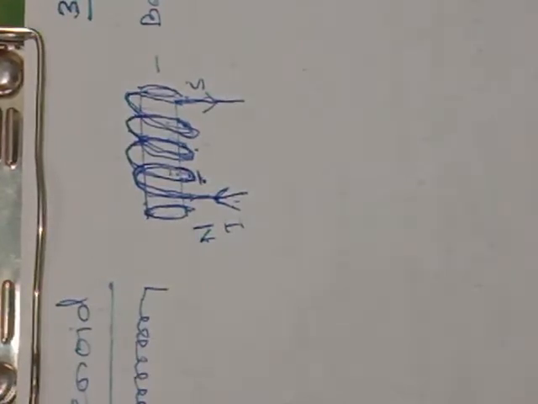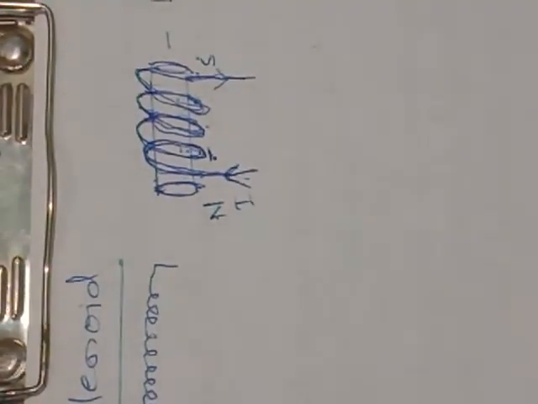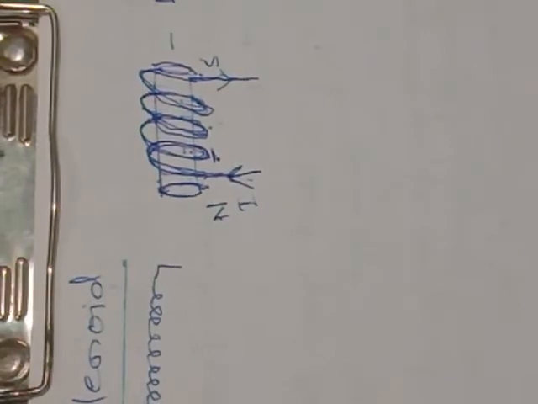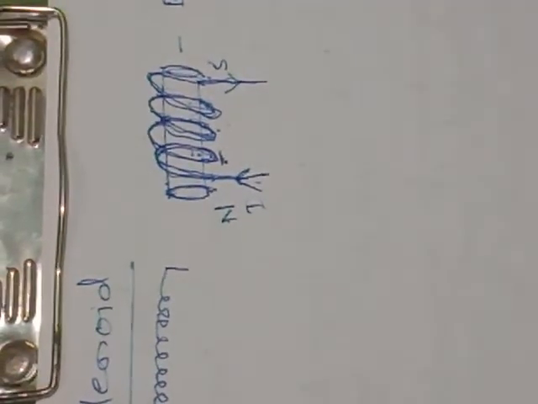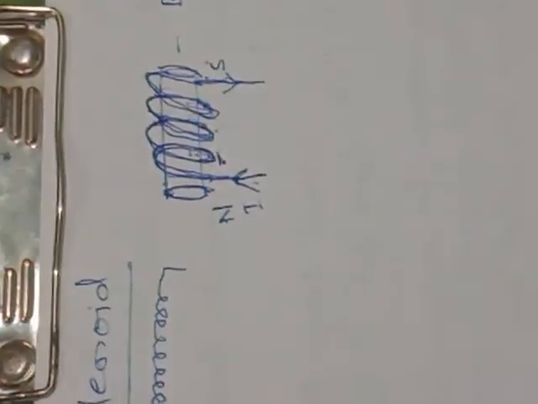So these solenoids are commonly used as switches. Commonly used, they are used as what? Switches. The magnetic field lines due to a solenoid carrying current are found to be the same as those of a bar magnet. The magnetic field which is created will be of the same nature as that of the bar magnet.